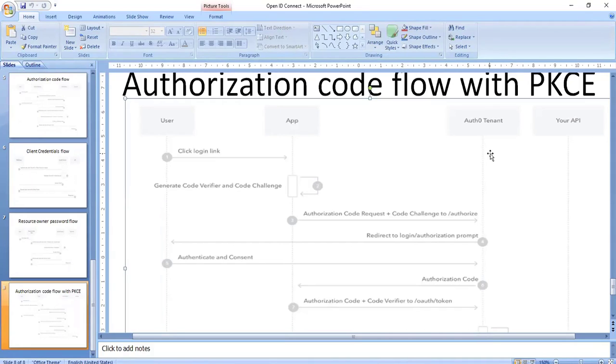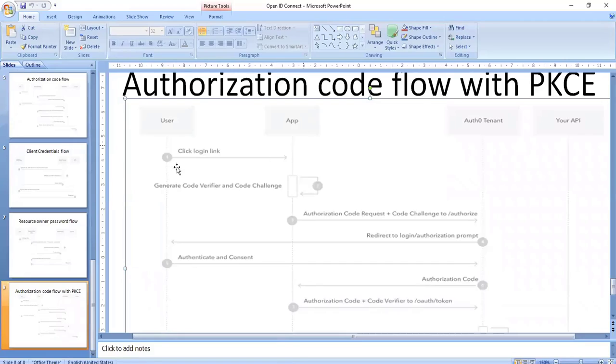If you remember, whenever we create an application with authorization code alone, we got client ID and secret ID. If you create an application with PKCE, you will get only the authorization code. Sorry, I just got confused. So, let me come back from this point.